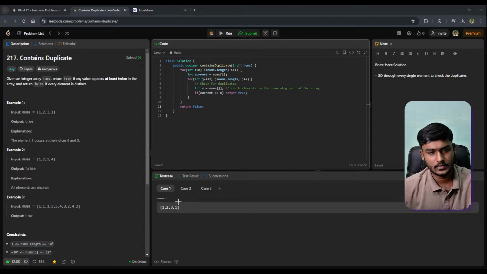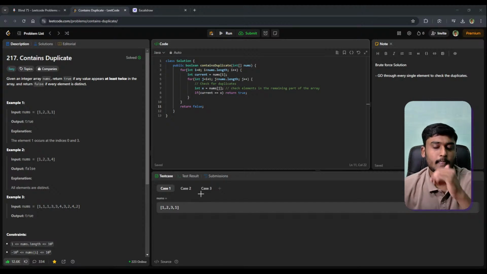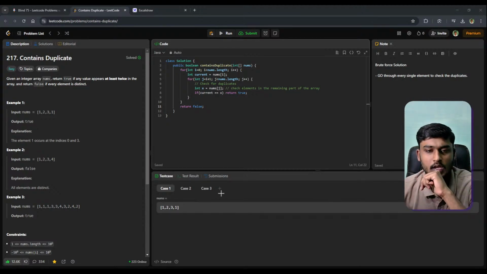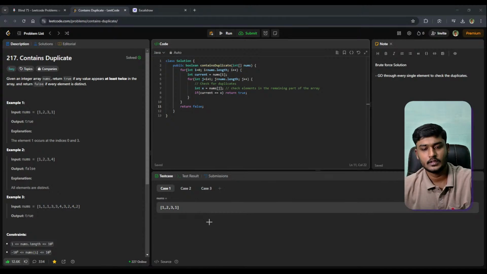Second iteration, what will happen, right? In the second iteration, I will be over here, where current is equal to 2, right? So this is where the j